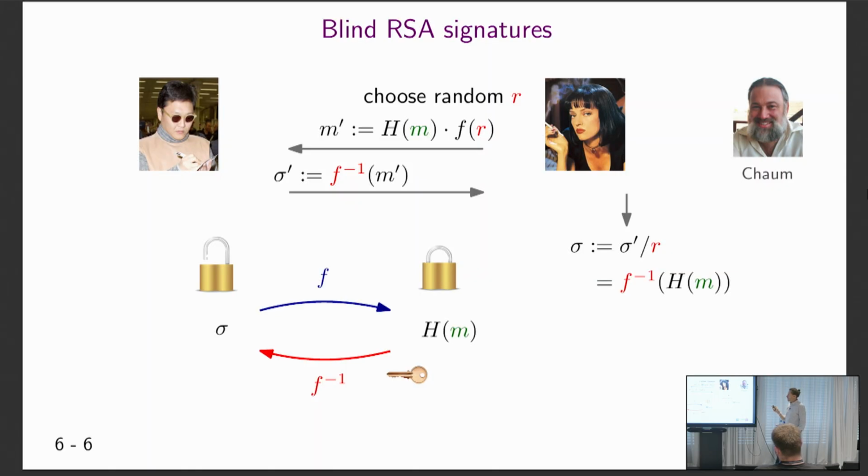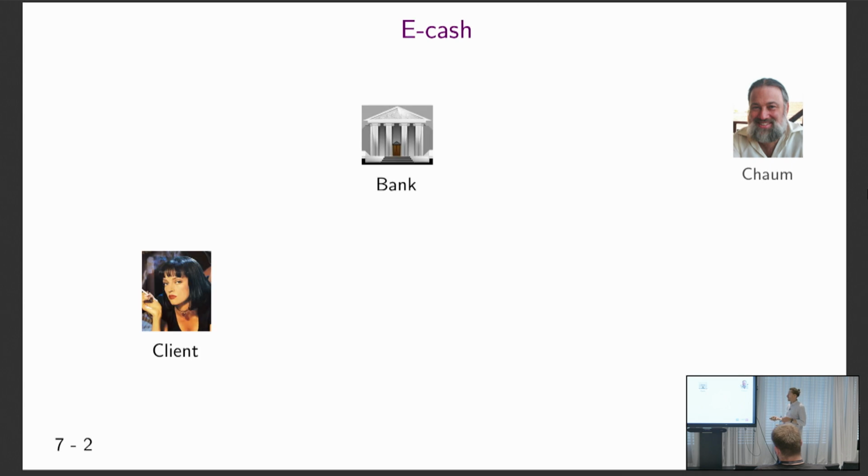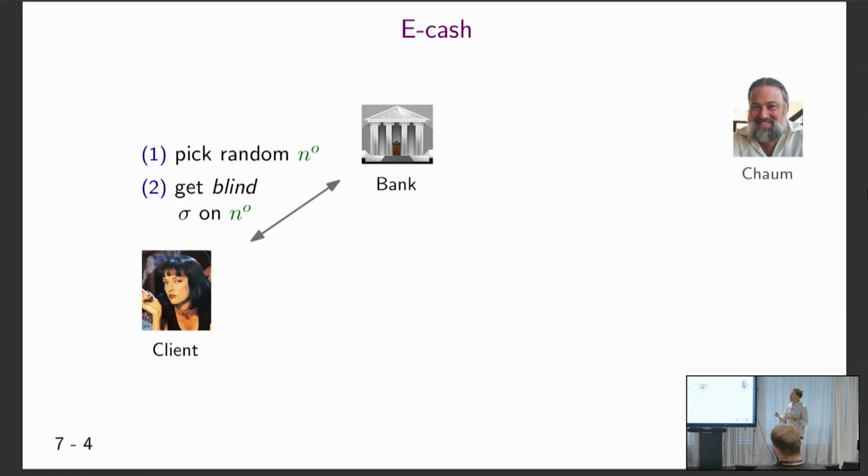Okay, what was this first suggested for? As I said, it was e-cash, which is now called Chaumian e-cash, in a classical setting when there were still central banks. So the idea was that a client has an account at the bank and then she can withdraw an electronic coin. And to get anonymity so that the bank doesn't know which coin which client withdrew, we use blind signatures. So the client would pick a random serial number, high enough entropy so that it's unique. And then she'll get a blind signature on the serial number, and that will constitute her coin. Just some serial number that's signed by the bank.